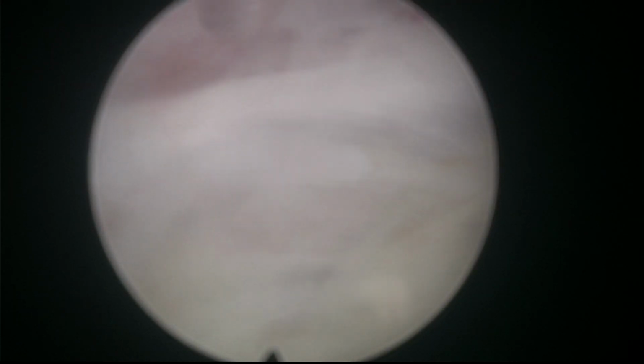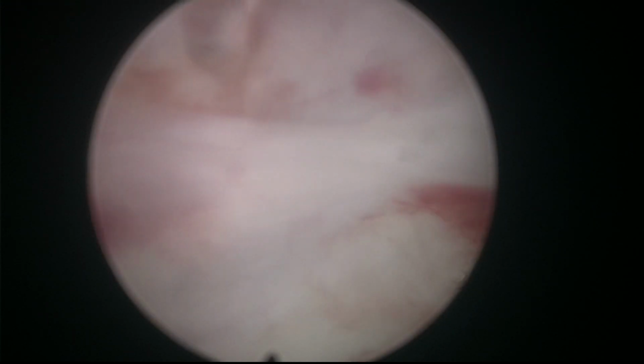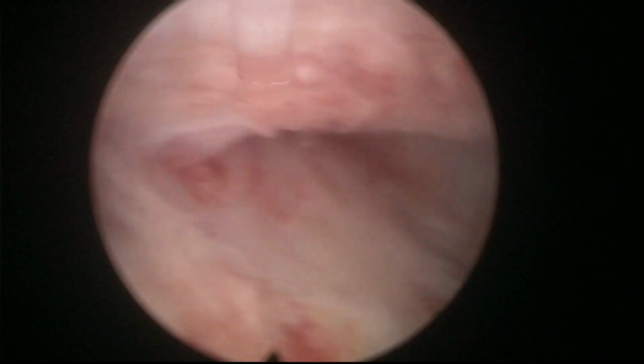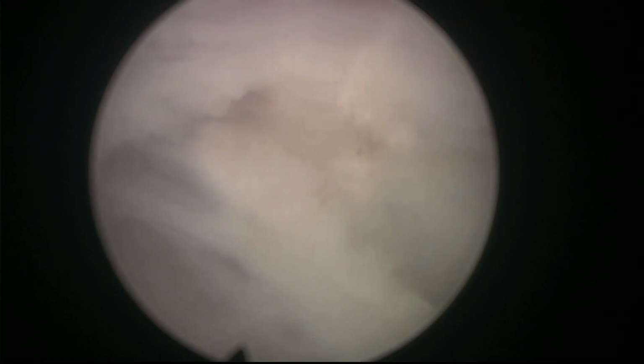Maybe this is not a very good plane. The other way of doing it is to put the scope here, you see, and then move from side to side. This way, you're going to generate some mechanical stress between the capsule and the adenoma, and then you will be able to dissect. But of course, you should never use a lot of mechanical force to dissect, because that's what is going to cause trouble. And that's why I prefer the energy of the holmium laser, because